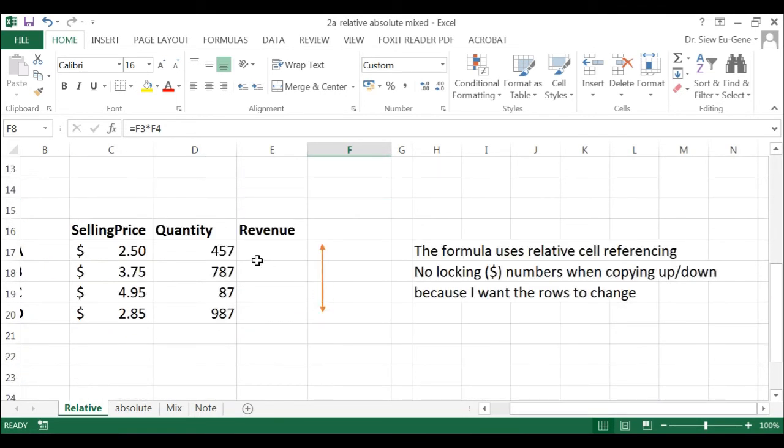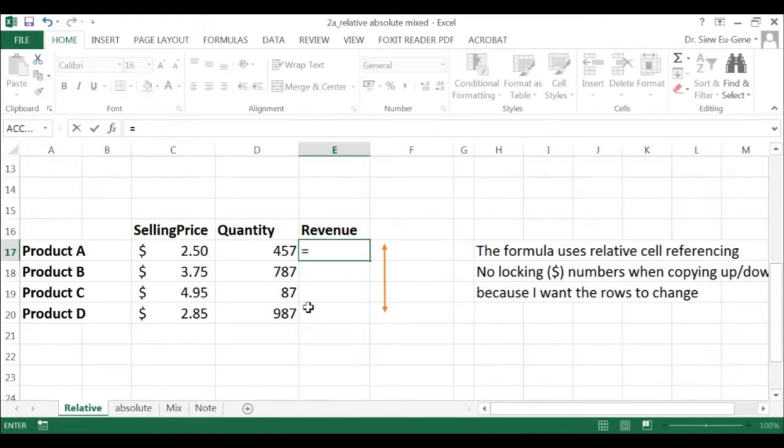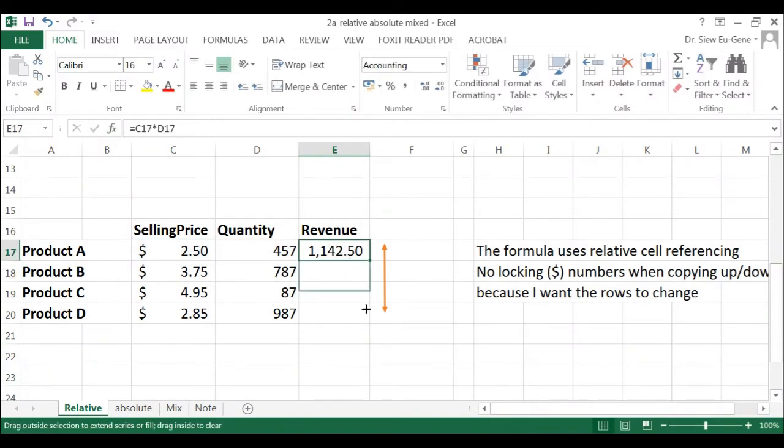Now, I'm going to show you what happens when I copy down. Same concept for product A, selling price times quantity. Likewise, similar to product B, C, and D. So selling price for here is C17 multiplied by D17. Now, when I copy down,